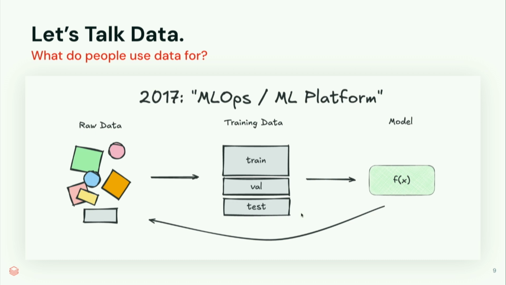Additionally, there's this one last arrow at the bottom, which is the dream of every ML ops, every machine learning company: they want to enable this thing called a feedback loop. And the idea is that your model will be outputting data back into your raw data set so that you can then train the model and have it be better and better over time.